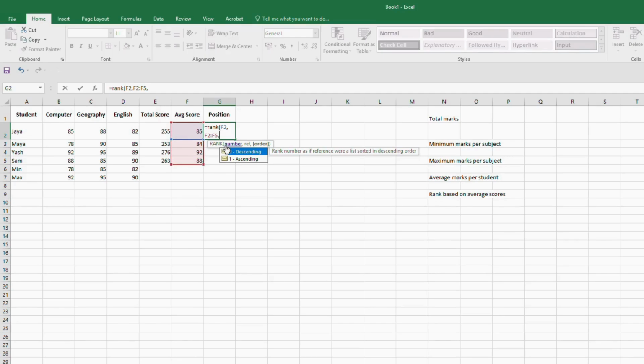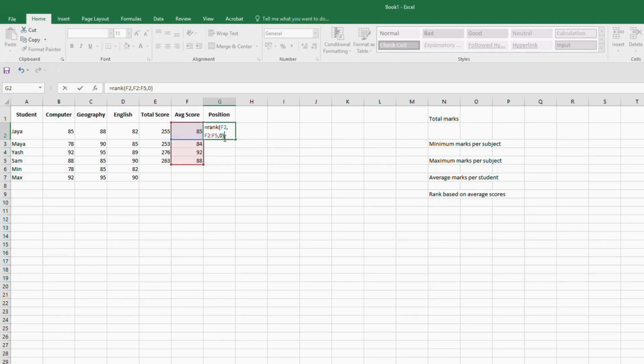comma, the order. This tells Excel whether to rank in descending or ascending order. 0 is descending, that is the largest number gets the rank 1. That's what we usually do, that the highest score will get rank 1. And ascending, which is 1, is the smallest number gets rank 1. So Excel checks how many numbers in the reference are larger than the number, if descending or ascending. So rank is equal to 1 plus the count of numbers higher for descending. If there are ties, the same rank is given and the next rank skips a number. So here we will choose descending, that is 0. So you put a 0, close the bracket and press enter.